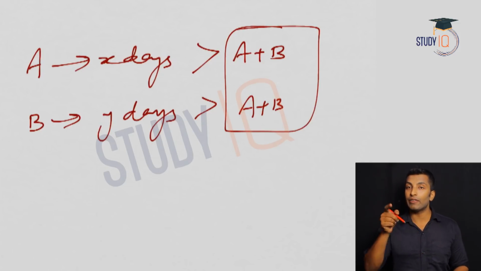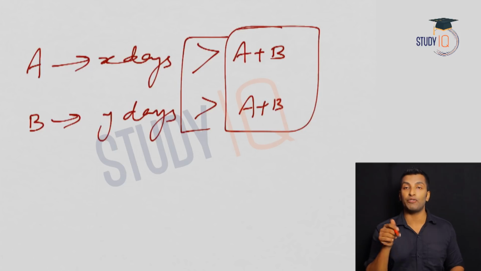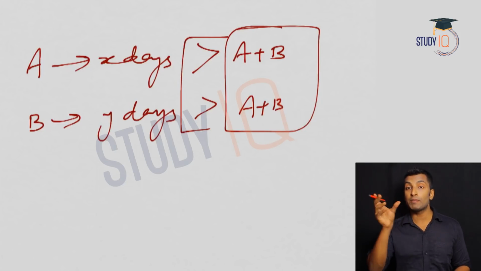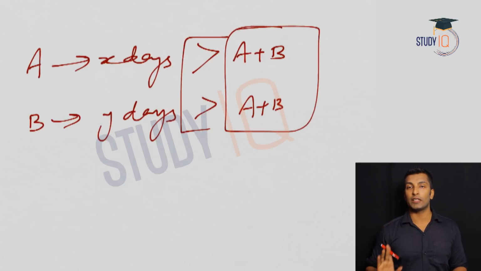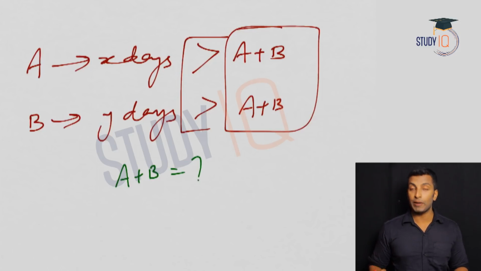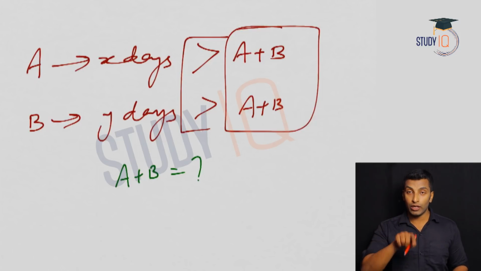And you are comparing it with A plus B. A's efficiency and B's efficiency, you are comparing it with A plus B working together. So A takes X days more than A plus B working together. B takes Y days more than A plus B working together. In this situation, the question will be A plus B working together in how many days complete the work? Very simple. If you know this pattern,